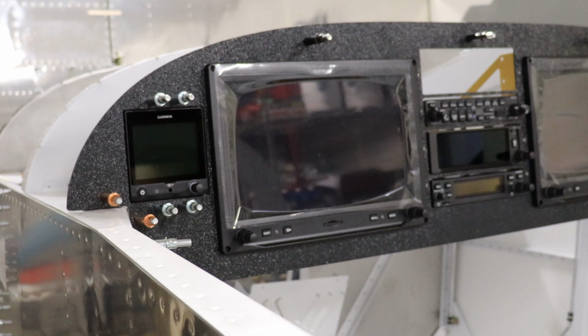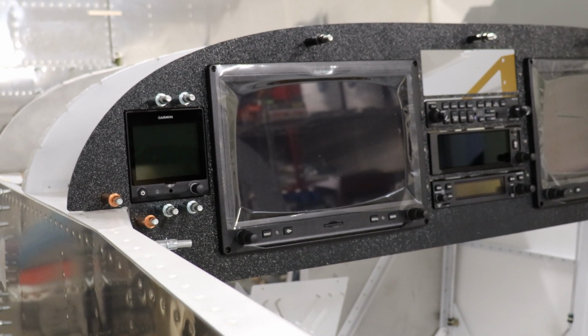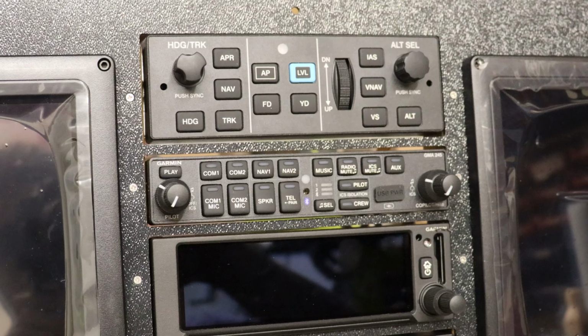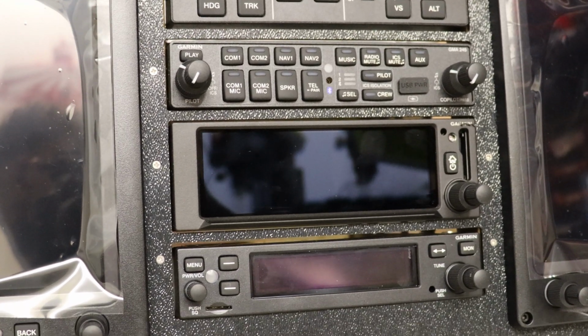With that, initially, I have decided to flush mount these. As you remember, I've mentioned all of this is sort of a temporary setup, and I've allowed myself some time to weigh on these decisions, to hear some other opinions, and to see how I want to move forward. Ultimately, with the way my brackets work, I can choose to have them manufactured with any amount of bezel showing. In fact, I chose, rather than some bezel showing in this initial layout, to leave myself about 1/4 of an inch between each unit in order to plant a finger or 3 and stabilize myself while I would be punching